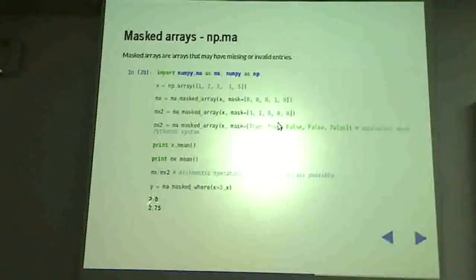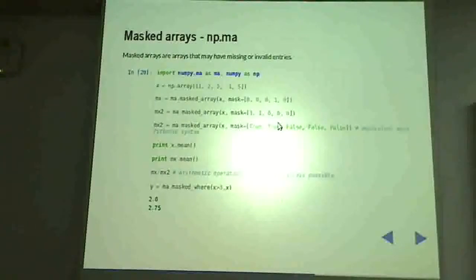And so if you print out the mean, x.mean just takes the mean of all of these numbers, but mx.mean returns for you the mean of these using this mask, and the mean of mx2, which is a masked array. Okay. So it will basically just mask out this, take the sum of these 4 numbers and divide by 4. Instead of taking the sum of 5 numbers and dividing, you will take the sum of all the unmasked values and compute their mean. You can do all kinds of things on masked arrays.